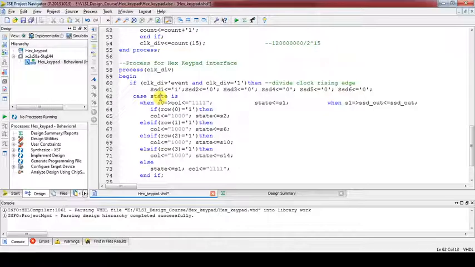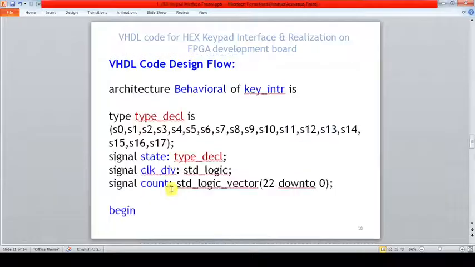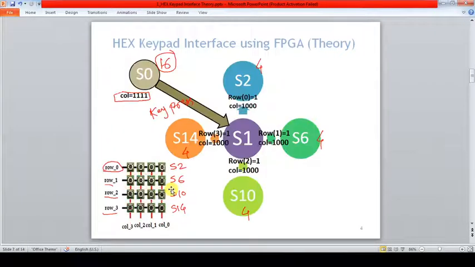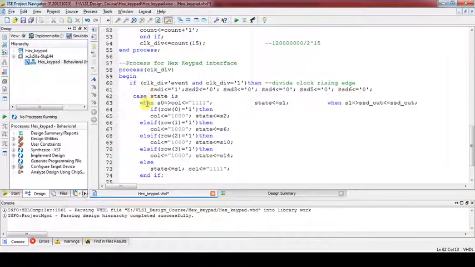Now let us assume we are in the S0 state. So go back to our state diagram. Now we are in S0 state. In S0 state what we have to do? We have to make column value equal to all ones. So let's make it in S0 state. When we are in S0 state, column is equal to all ones and go to the state S1. So what we have written? State S1